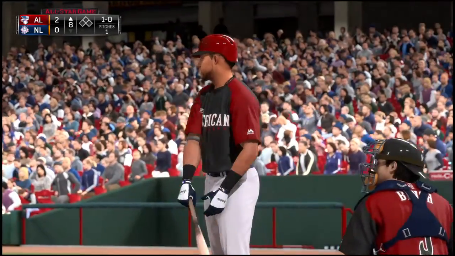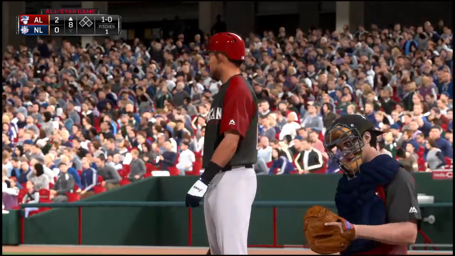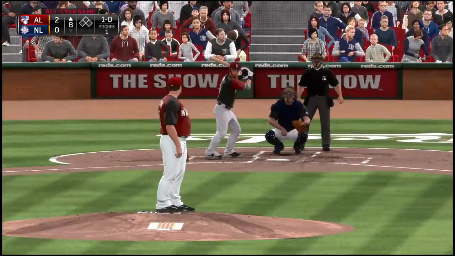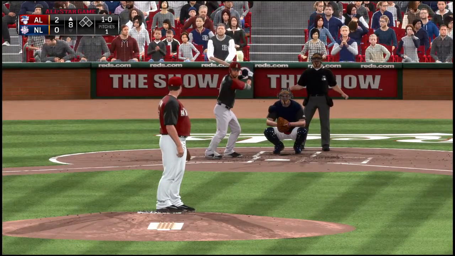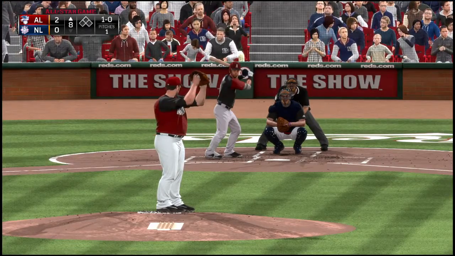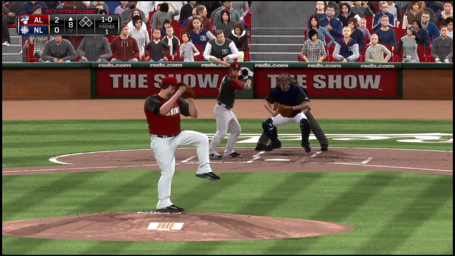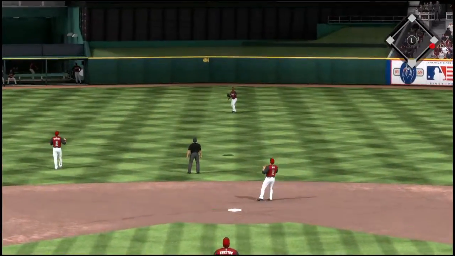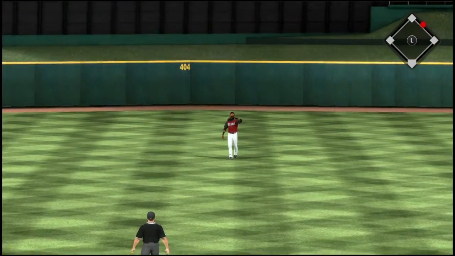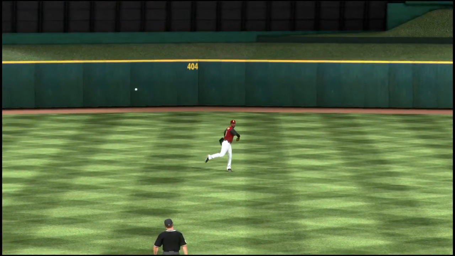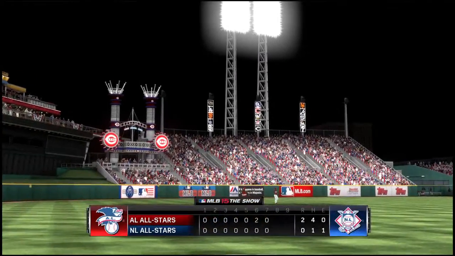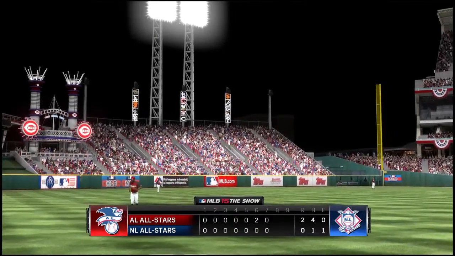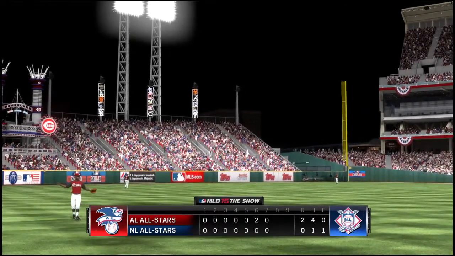On to the 8th now as the first pitch is a fastball that's looked at for ball one. The next pitch. And the 1-0 is sent out to straightaway center field. Marte is under this one. One gone. 8th inning now in this all-star matchup as you get a look at the line score. The American Leaguers leading in this one as they close in on defeating their National League rivals.